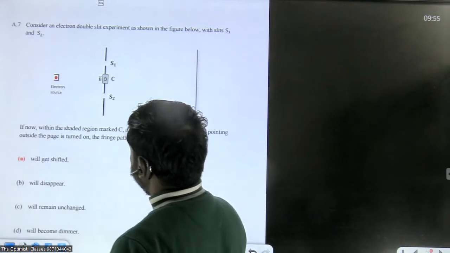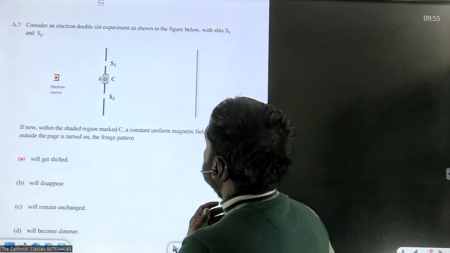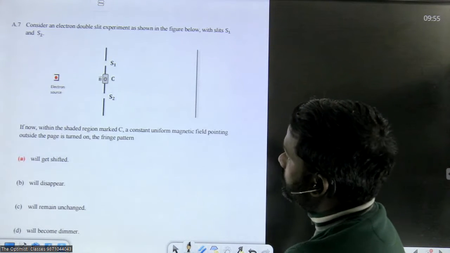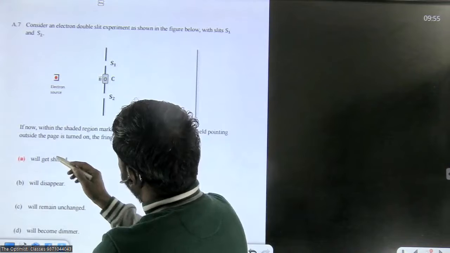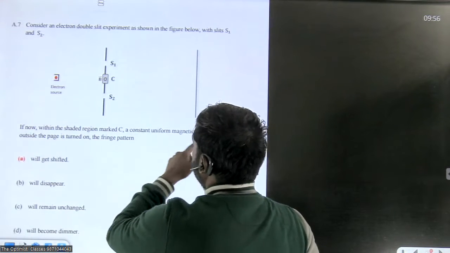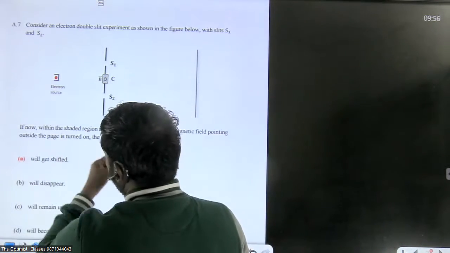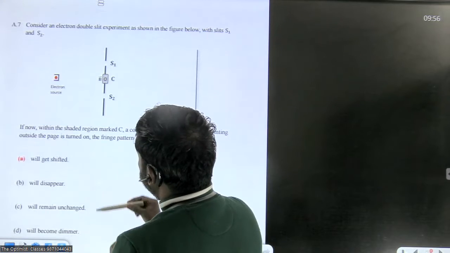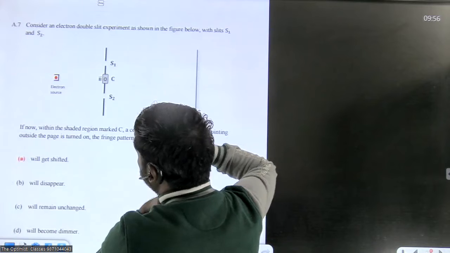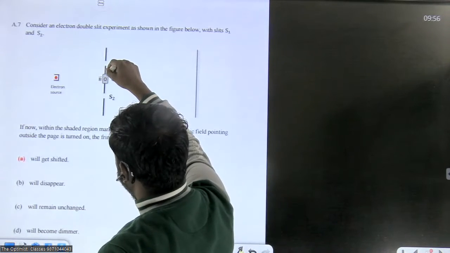Now this question, it says, this is Young's double slit experiment. Consider an electron double slit experiment as shown in the figure. Now, within the shaded region marked C, a constant magnetic field pointing outside is turned on. The question here is, suppose electrons are passing through the slits and we are getting an interference pattern here. There was no magnetic field here. Now we are applying a magnetic field here. The magnetic field is only within this region. So the question is how the